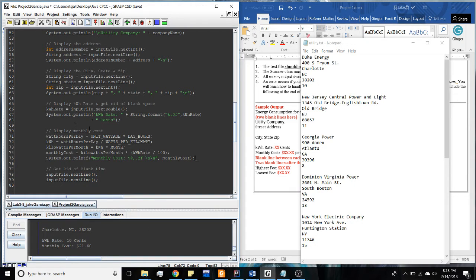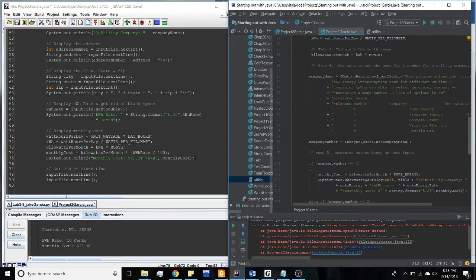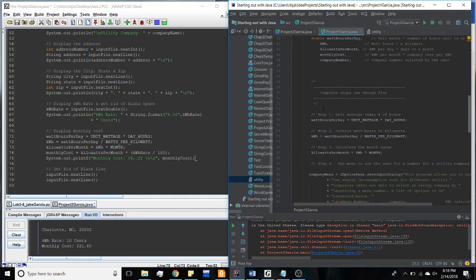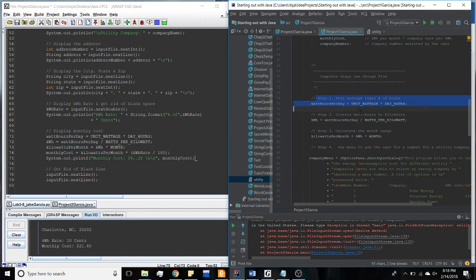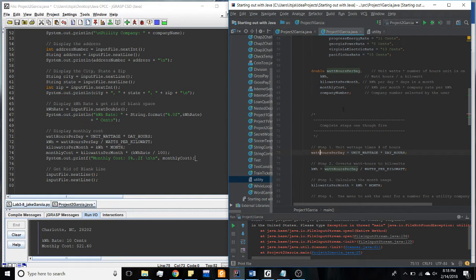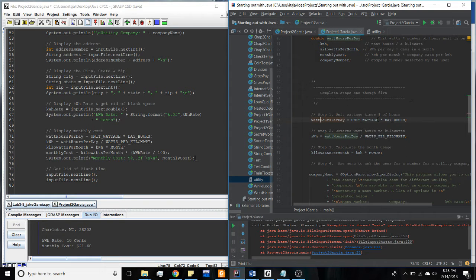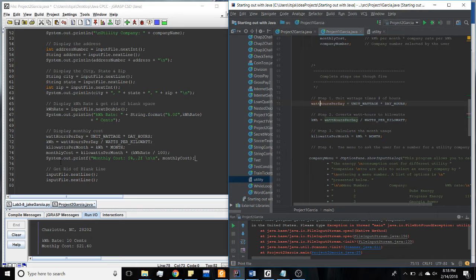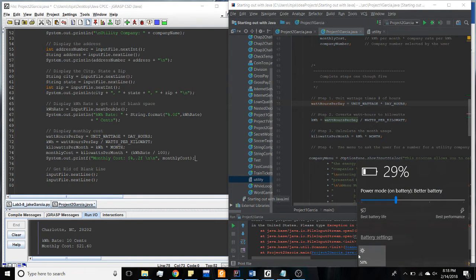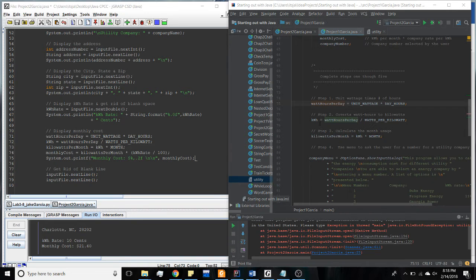And then to display monthly costs, I'll pull it up here. This is my first project, right? So I basically went through all my steps because I had them already laid out. And I basically used the exact same variables and everything and just laid it out. The only difference between what I did this time, and let me go ahead and up my brightness here for a second, the only difference I did this time, I believe, was